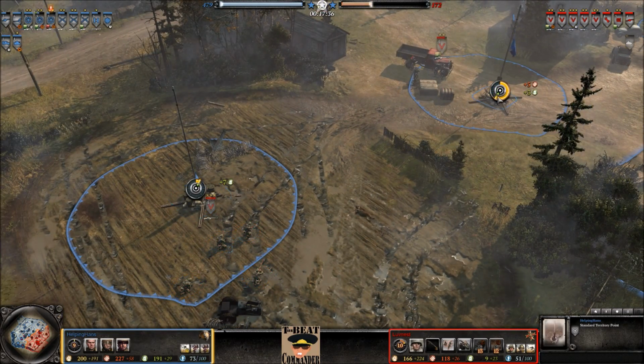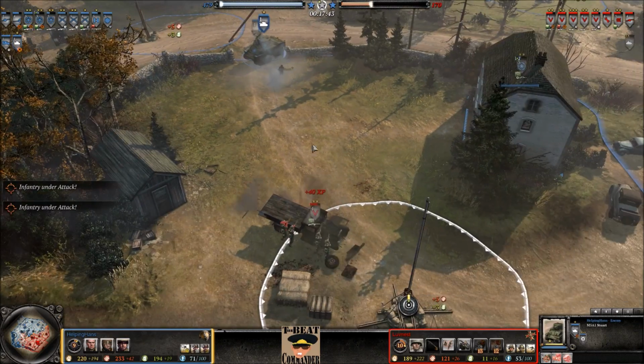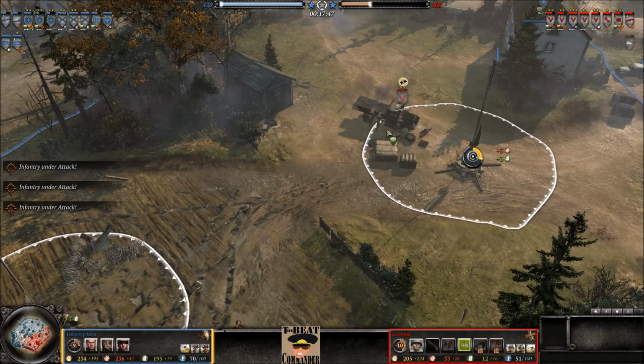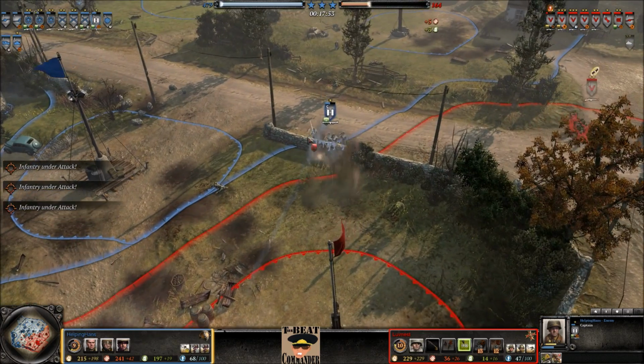Taking the fuel point and the territory point in the center here. However, there's some rear echelon troops inside this house going to be firing on these troops here, and this M5 Stuart firing away on these grenadiers. There is a 75 here that's going to start firing on these grenadiers as well, going to destroy that cover in a couple shots. And captain back in the same old position again